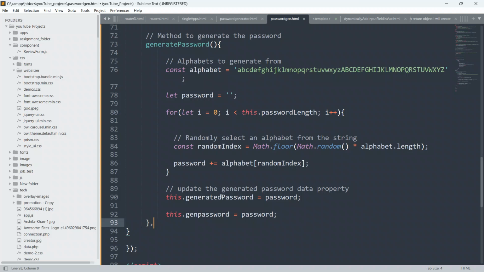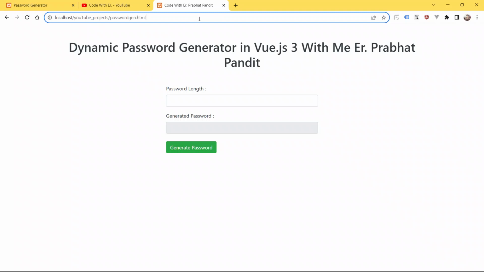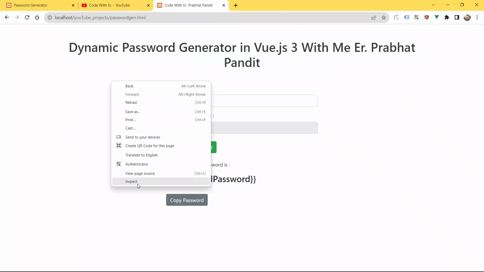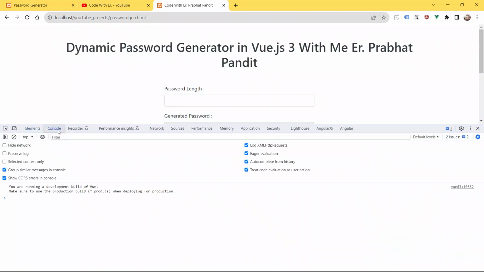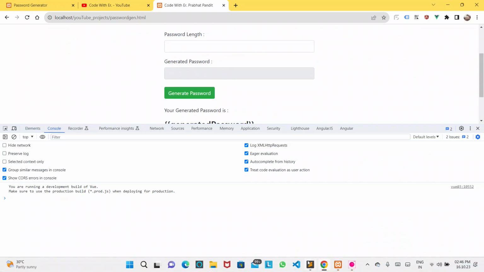Let me just save the code, go to the browser, and now refresh the page. Yeah guys, we got the error. Let me go to the developer tools and see what the error is. There is no error as of now. I must have made a mistake in the variable name, or in the data property.